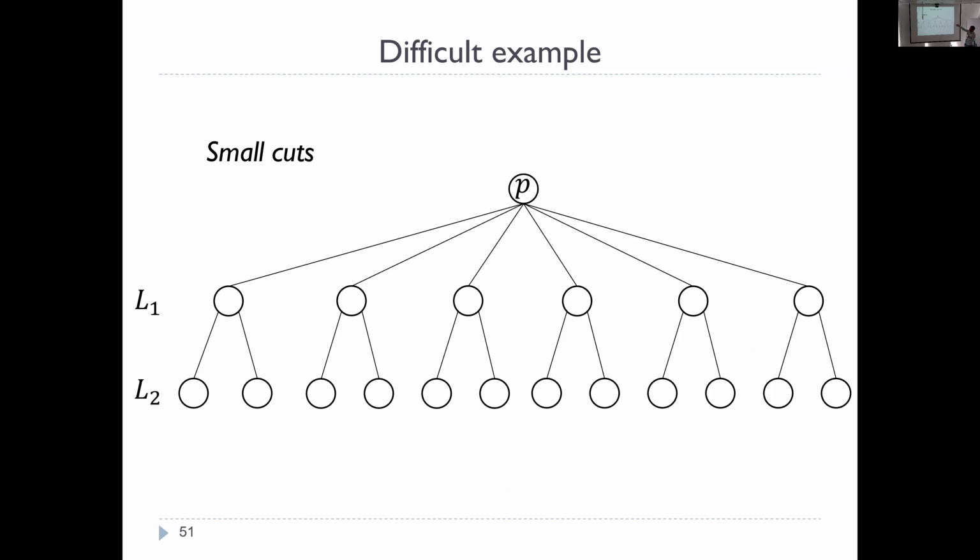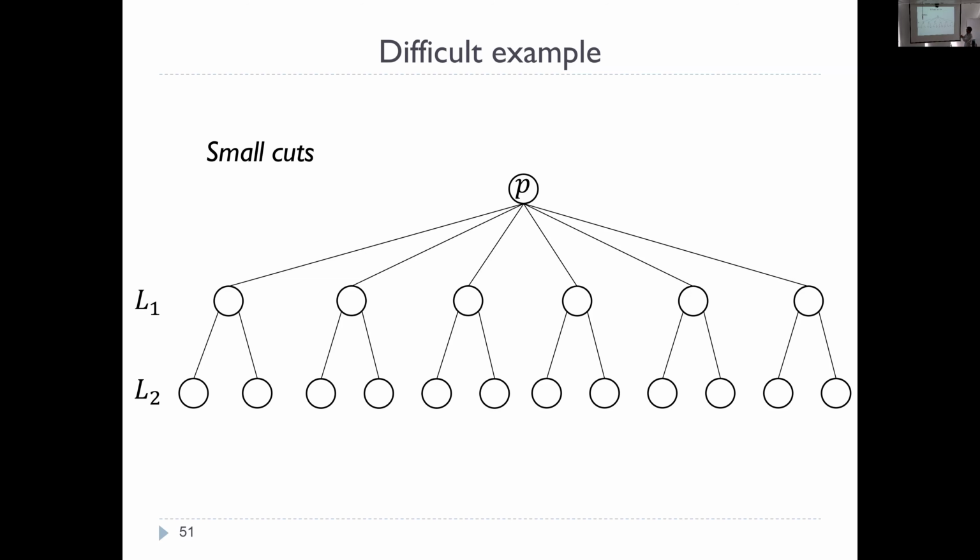Someone tells you this is how the Gomory-Hu tree looks like. This is where P is. You have a list of the children. You have a list of the grandchildren. Even then, it wasn't clear to us for a while how to actually solve this problem, right? So you're given many guarantees. You're given a structure. You're given identity of, at least as far as lists. But what you need to do is identify the actual nodes, right? Which node is where. And that was still difficult for a while. Okay?